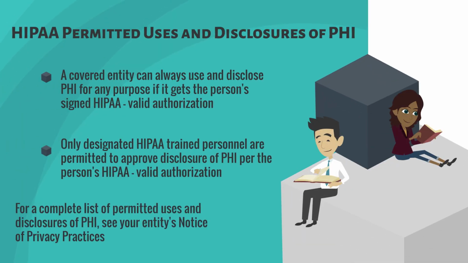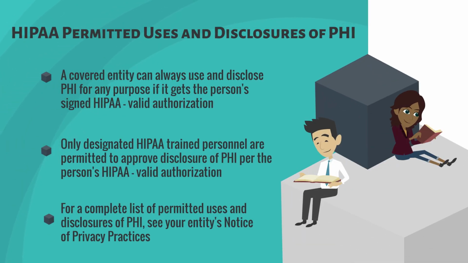Be sure to take note of HIPAA-permitted uses and disclosures of PHI. The HIPAA privacy rule states that PHI may be used and disclosed to facilitate payment, treatment, and healthcare operations, which means